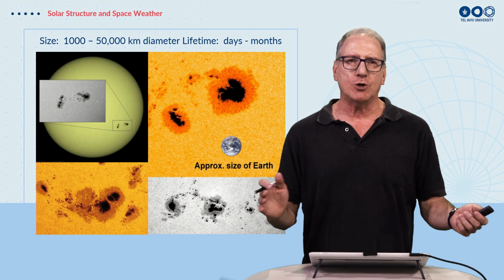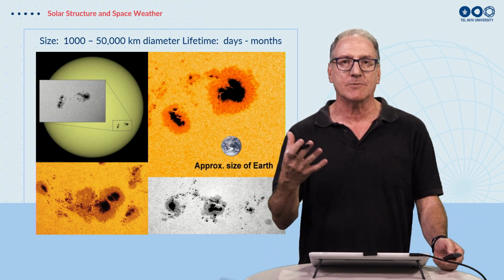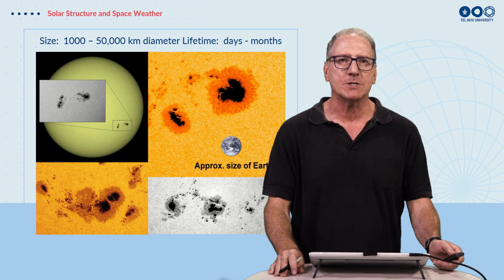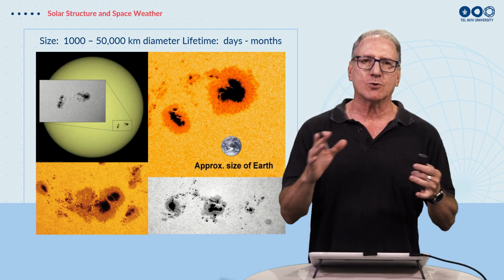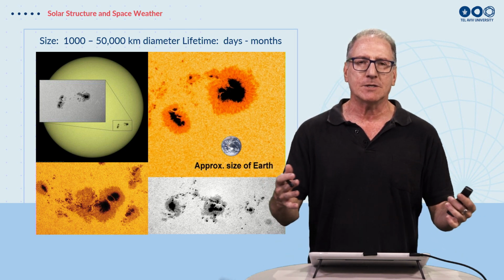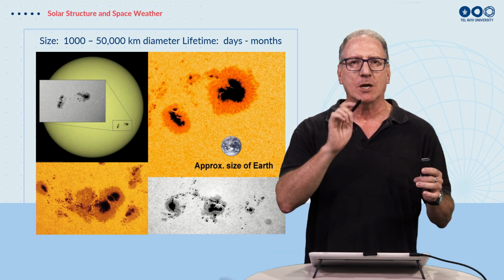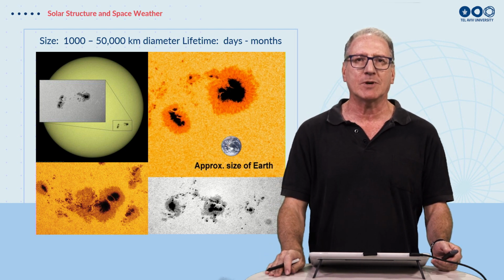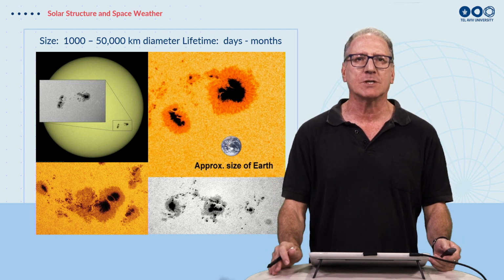Now, these sunspots are huge. We can see here in this image on the top right the comparison with the size of the Earth. So you could basically fit the Earth a few times into these sunspots. They can be thousands to 50,000 kilometers in diameter. And as we also saw with the rotation of the image of the solar disk, they can last for days, weeks, up to even months. Sometimes the same sunspot can go around one rotation, come back, and we'll see it again, say 25, 27 days later. So these are very large features on the sun, especially if we compare them to the size of the Earth.